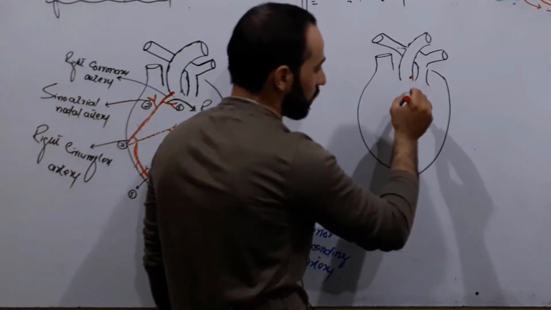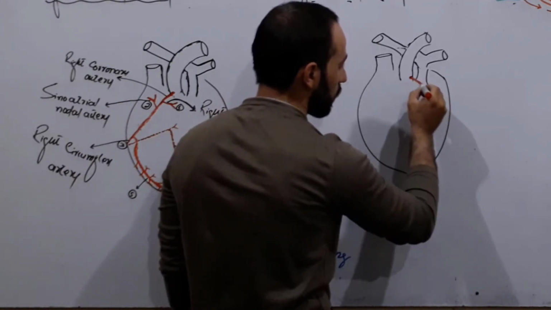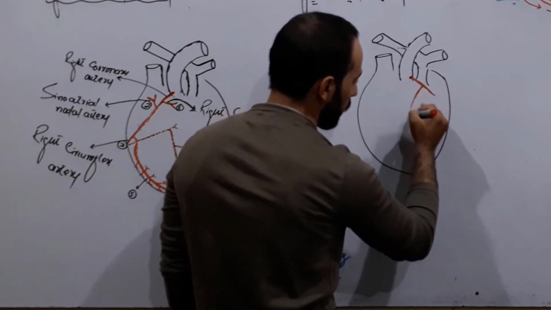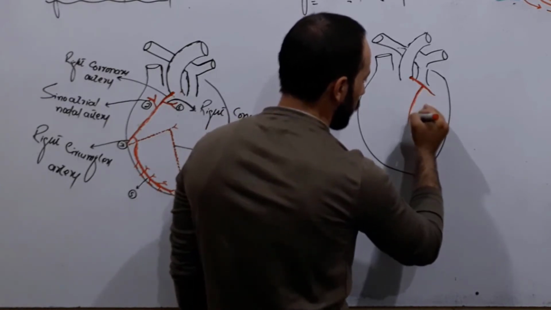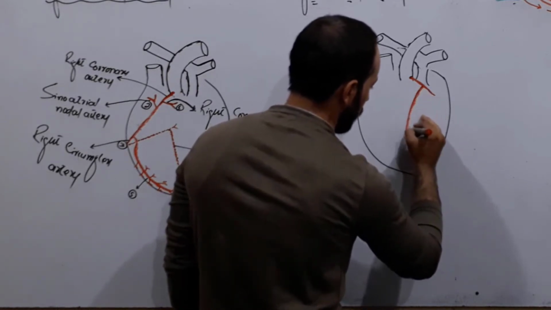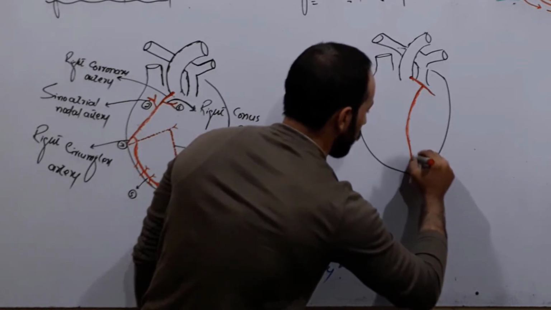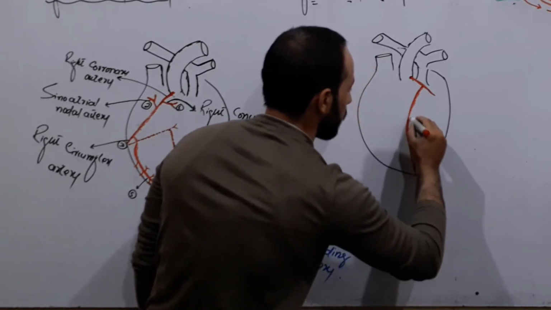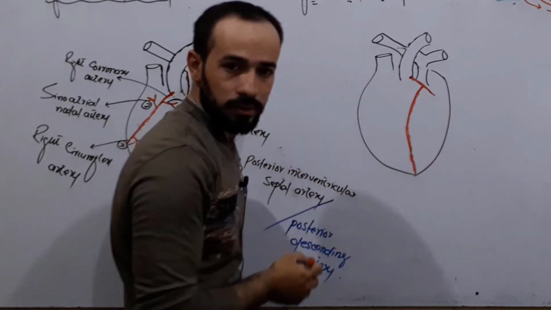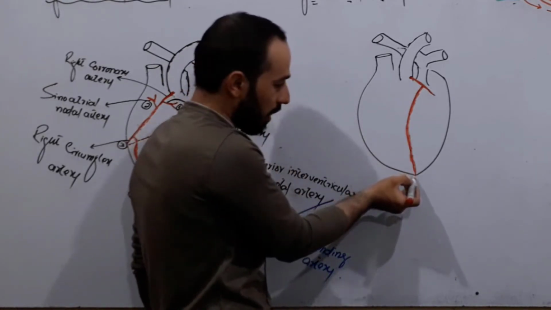Now let's follow this left coronary artery. This left coronary artery comes like this. Look carefully, friends. From here there is a branch, and this branch comes on the anterior surface of interventricular septum. So that's why we call this artery the anterior interventricular septal artery or anterior descending artery. Clear? So this artery comes like this, and at the tip of the heart, at the apex of the heart,